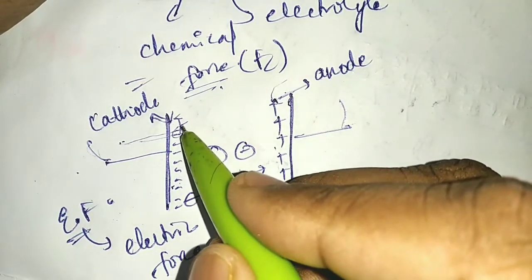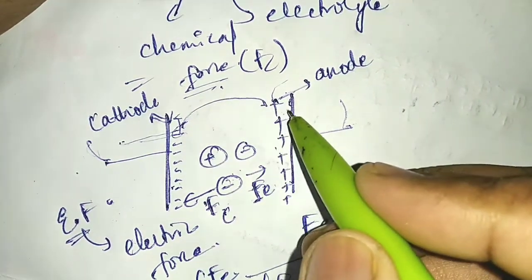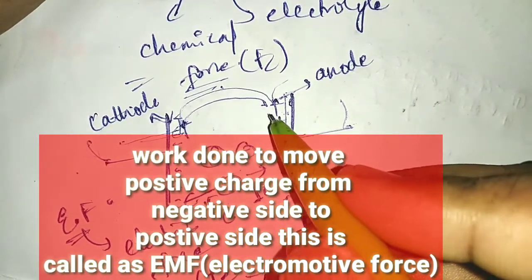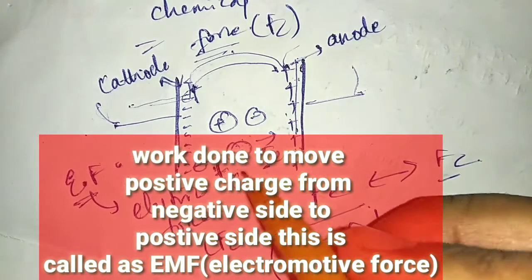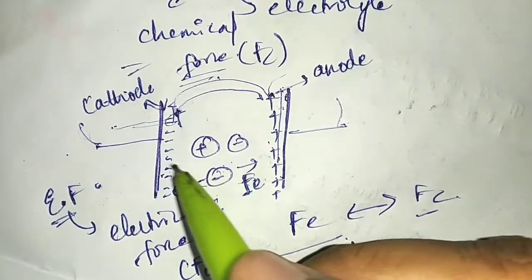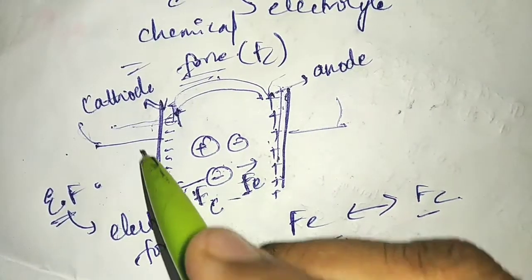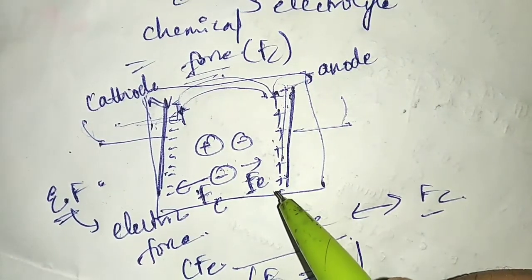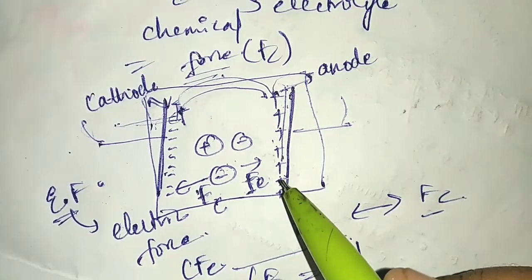So this chemical force will make the positive charge come to this positively charged plate only, from negative charge here to positive charge, right? So once they get balanced, we can say they are having the constant potential difference, and this constant potential difference will always be maintained across the battery in this way, right?